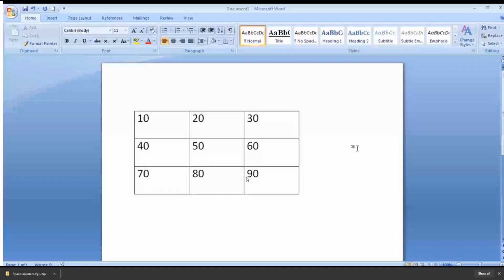Yeah, I opened a Word file. Okay, if I want to say what is the size of this integer array A, what is the size of this?